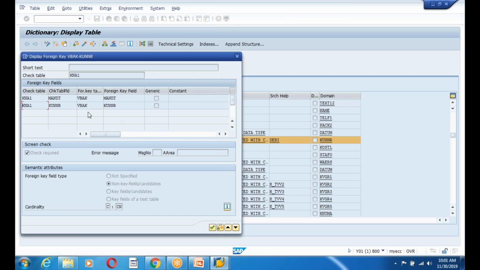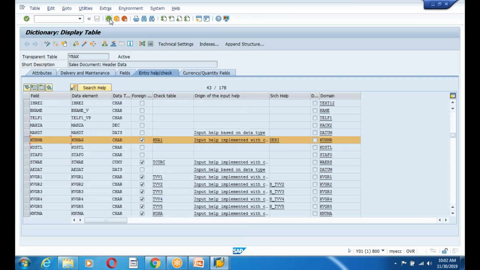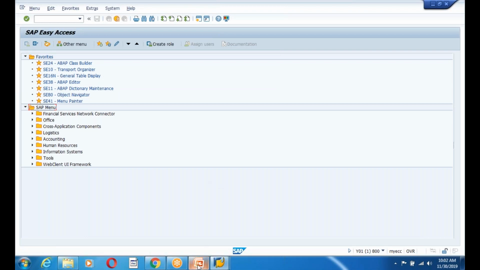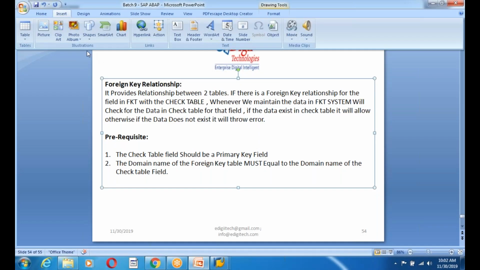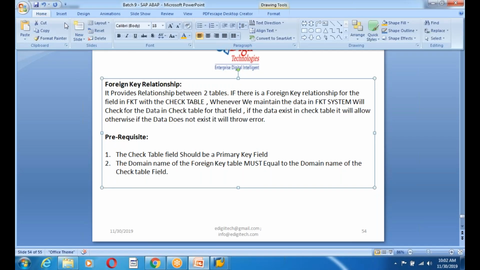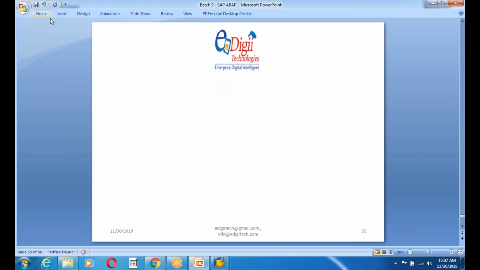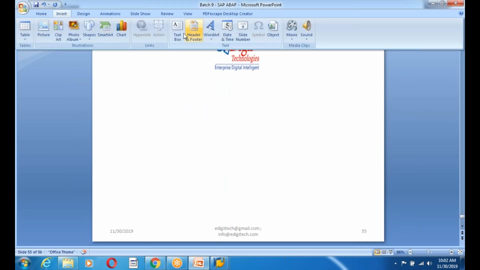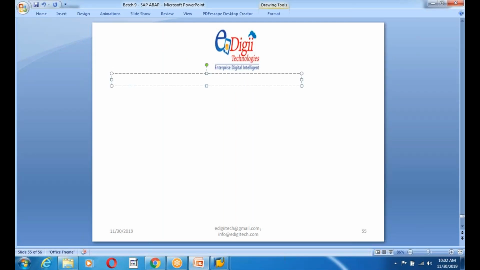So maybe tomorrow I will come up with the standard tables, what exactly a standard table is, what standard tables we have, and what different database tables we have. Tomorrow we talk about the real-time business, and the module I can say is sales and distribution. So how exactly does sales and distribution work? What is sales and distribution, and what are the database tables we use for the